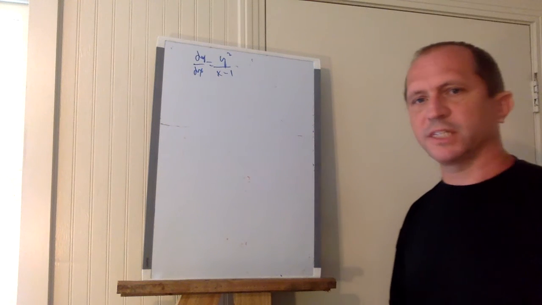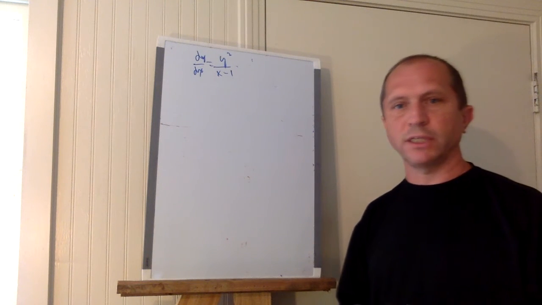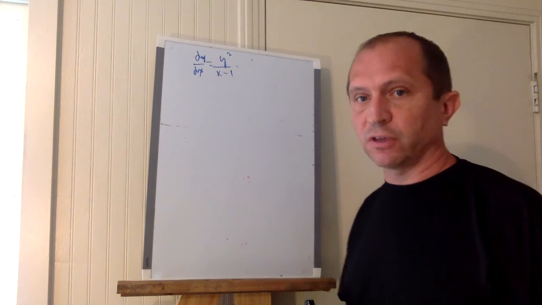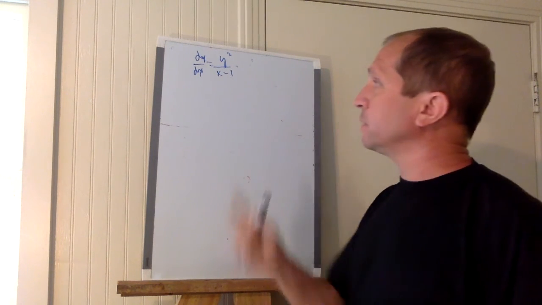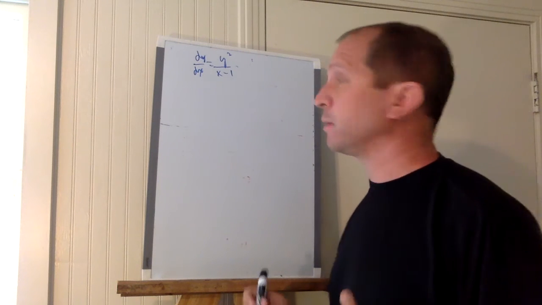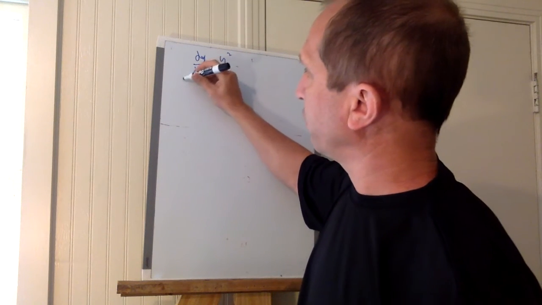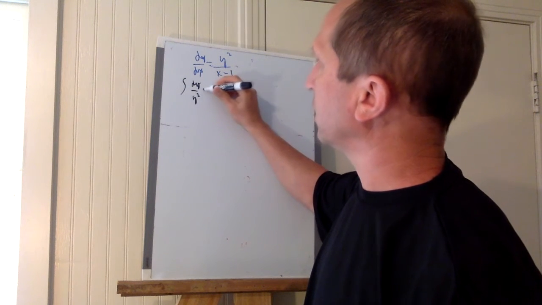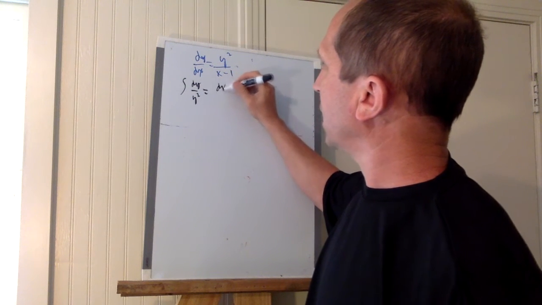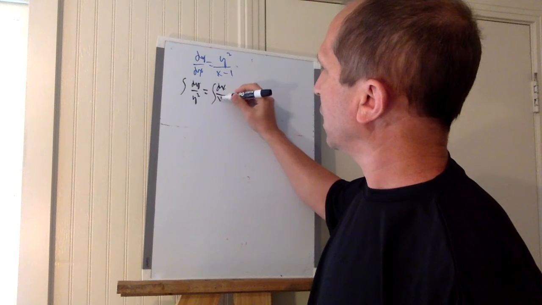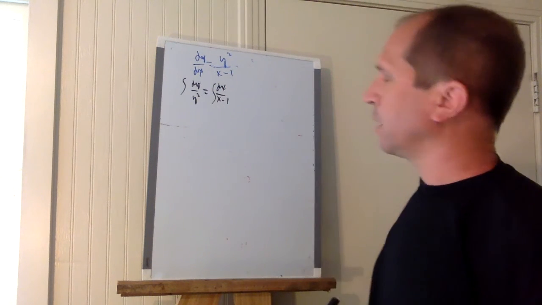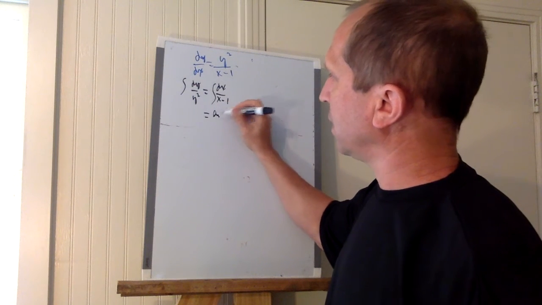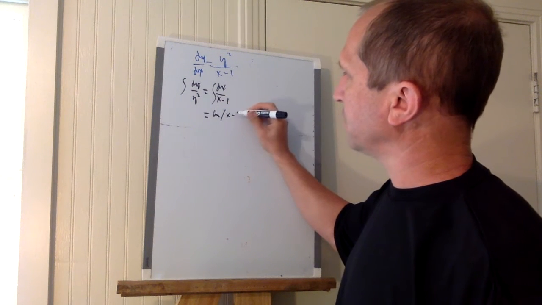On to part C, which is the differential equation portion. Again, the good thing about differential equations is all you have to do is separate variables and you're going to get 1 point. So separating the variables here, you get dy over y squared equals dx over x minus 1. All right, now this will be the natural log of the absolute value of x minus 1